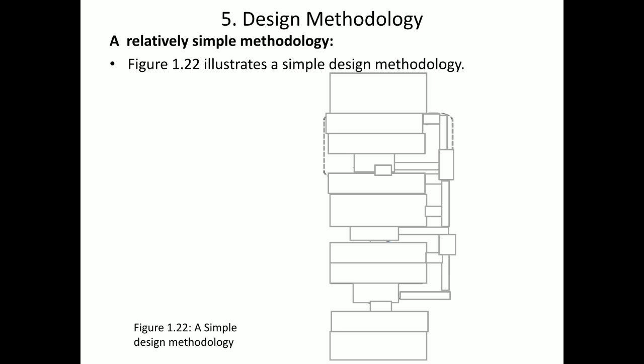We'll see the relative design methodology. First step is requirements and constraints. Yes, the first step of the design methodology is requirements and constraints. Once we get the requirements and constraints, we will be starting our design, okay. We'll try to describe our design at the design stage. Once we describe our design, what is the next step? We need to test our design, whether the design is going to give the proper output or not.